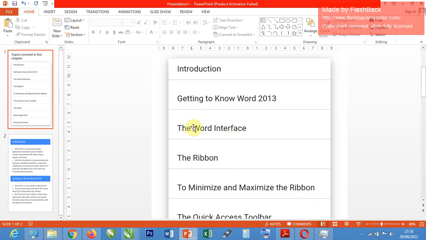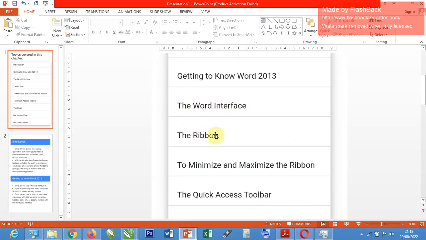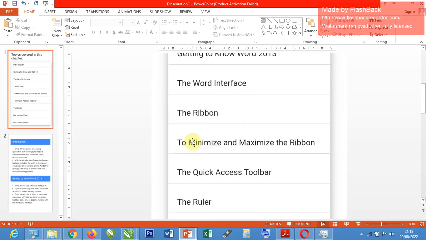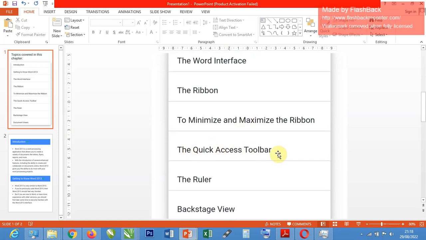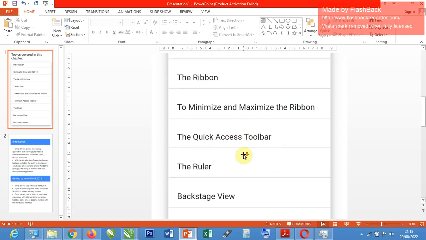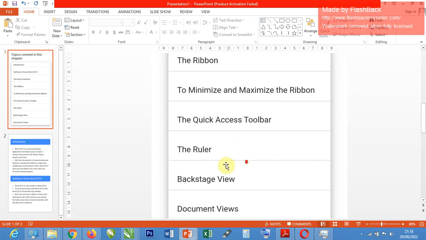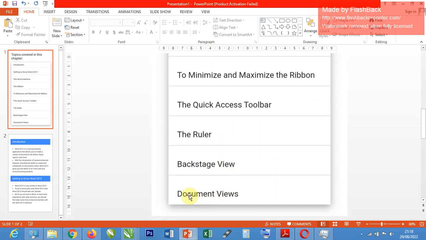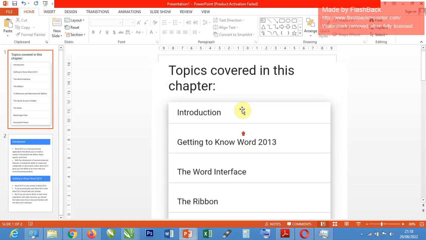Then we look at the Word interface. We look at what we call the ribbon. Then we will get to know how we can minimize and maximize the ribbon level. What a quick access toolbar is, and how we can customize it. We look at the ruler, backstage view, as well as document view. So let's start with